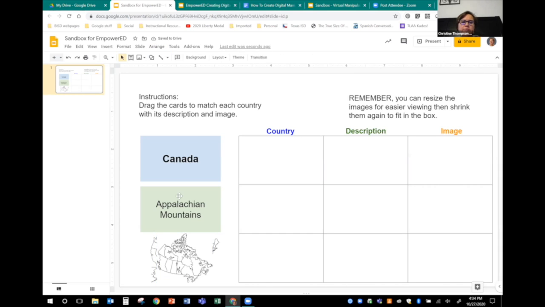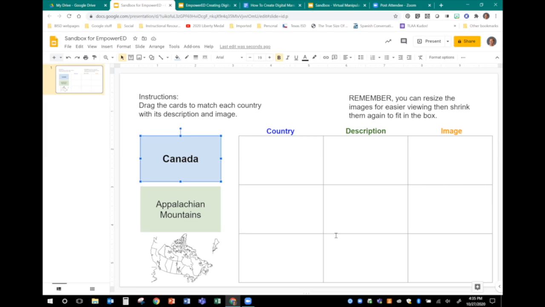Okay, so now you have these cards ready for kids to drag in. So that's what we've done here. And again, those little lines help us know when we've got everything aligned. Are we good with that? Again, if you'll give me a thumbs up when you're ready to move to the next step, I'll be happy to do that.